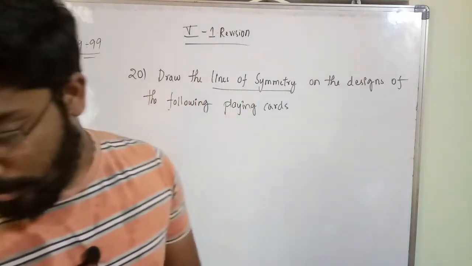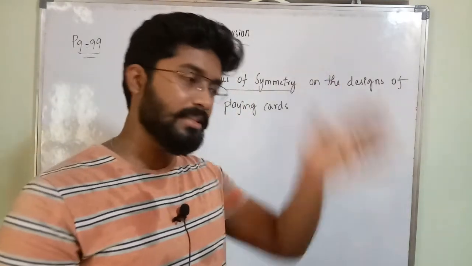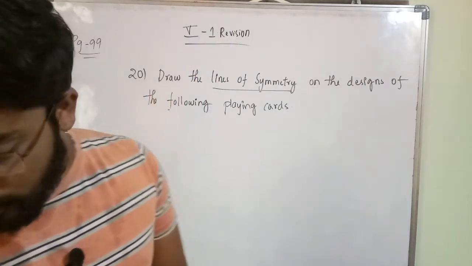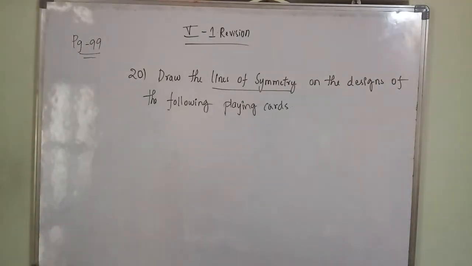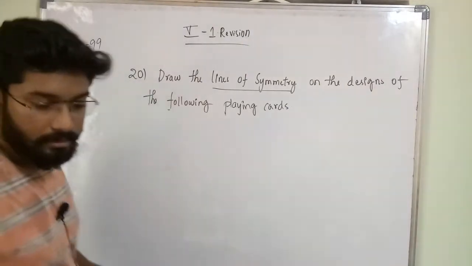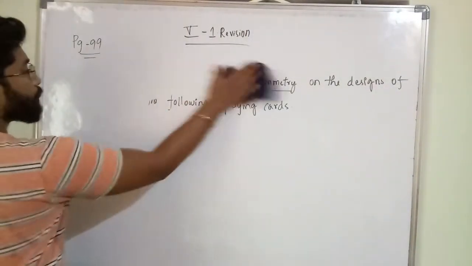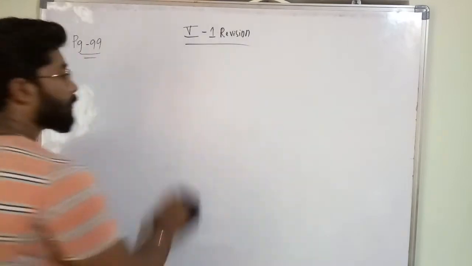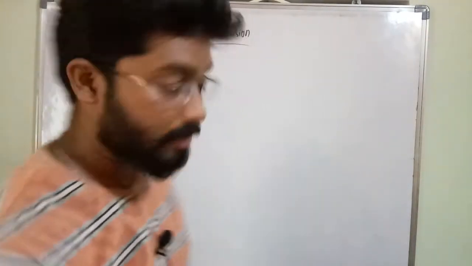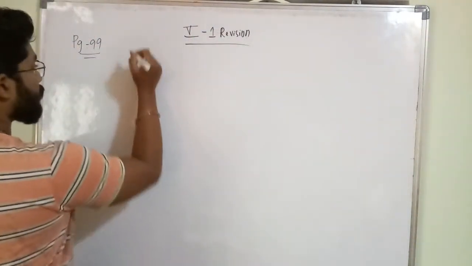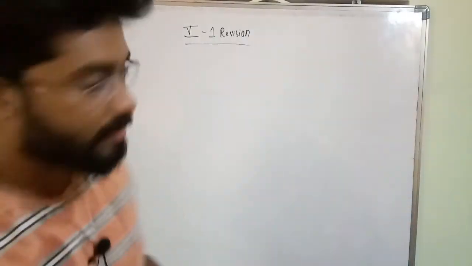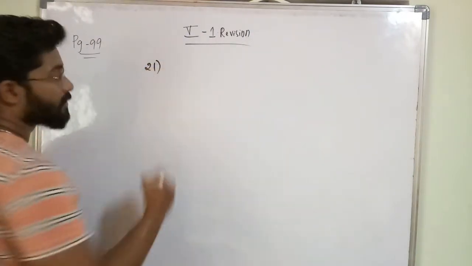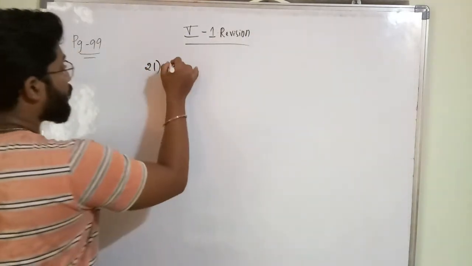For C and D also you can divide it horizontally and vertically. That's all. So once you try, I am giving that question for you only. Clear? So next let us look at the 21st question. The 20th question is very easy for you, so that's why I have given it to you. I have explained the next two, you have to do them. It will be very fun for your kids. For kids it will be very funny to draw and to divide such types of pictures.